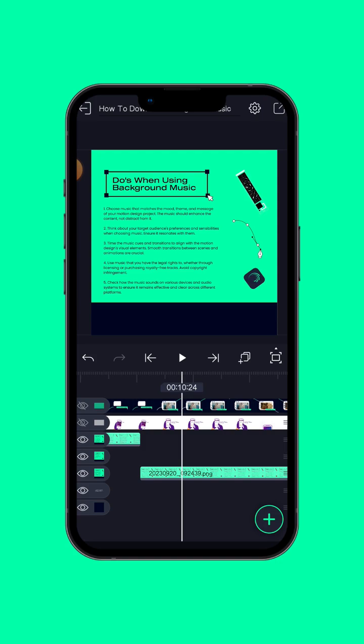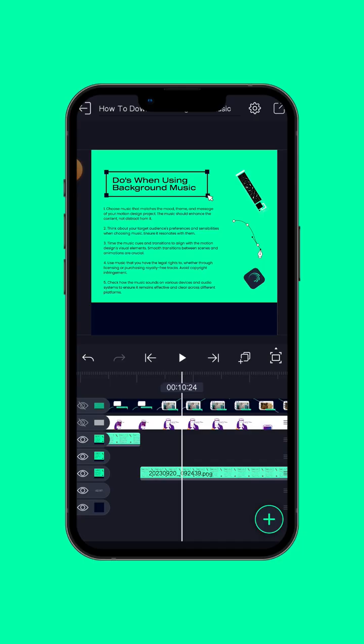But if the background music sounds well on your Android phone and on iPhone your background music did not sound well, that means you have to use another background music, because you need to use background music that will work well on every platform, not just Android, because your audience are not using just Android. Some are using iPhone. So you need to make sure that the background music sounds well on all